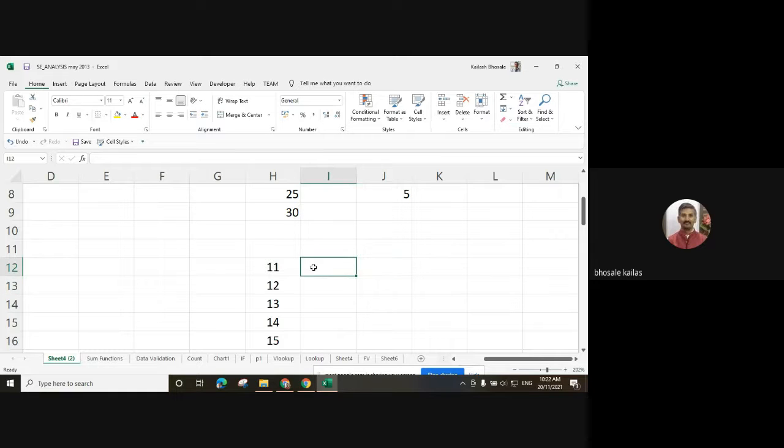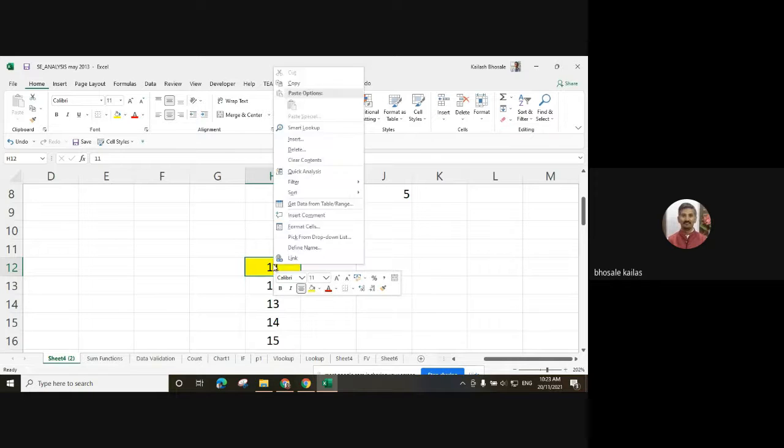Suppose I want to copy, cut this value of the cell. So you can right click on the cell, use the right side button of the mouse.